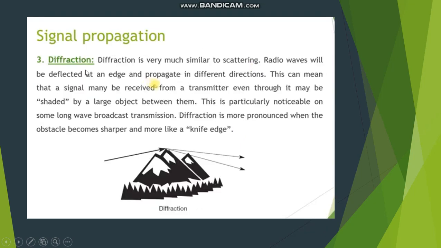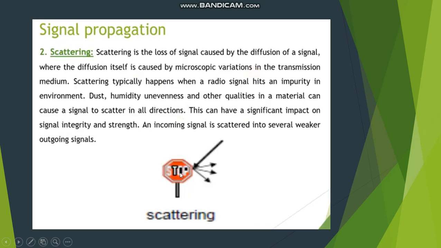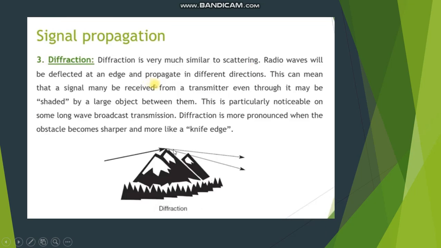Next is signal propagation, so diffraction. Now, diffraction is very much similar to scattering. Radio waves are deflected by an edge and propagate in different directions. Scattering and diffraction are almost the same thing. The only difference is that with scattering, the signal hits a medium and scatters back, whereas in diffraction, if a pointed edge comes, then because of hitting that edge the signals get divided. So again it is basically leading